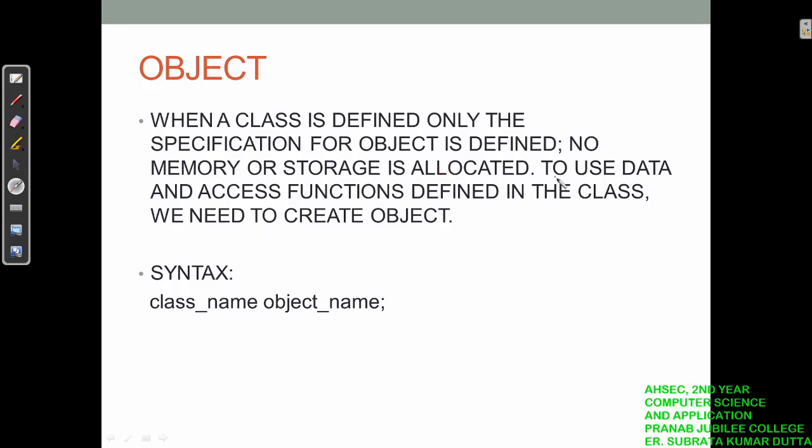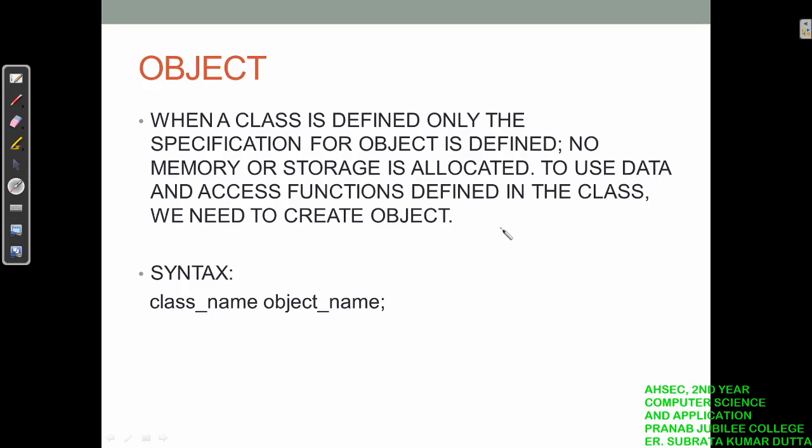So to use data and access functions defined in the class, we need to create an object of that class. Whatever variables or functions I have given inside the class, to use them in my program I need to create an object of that class.